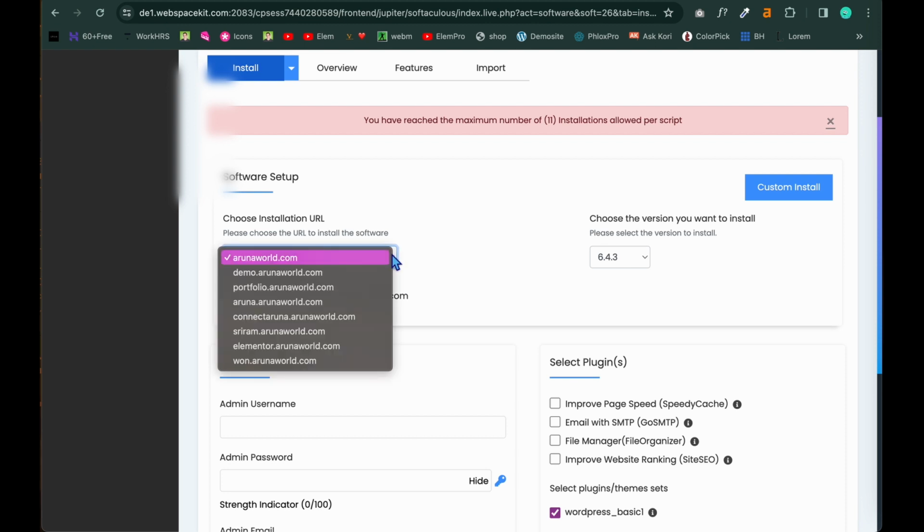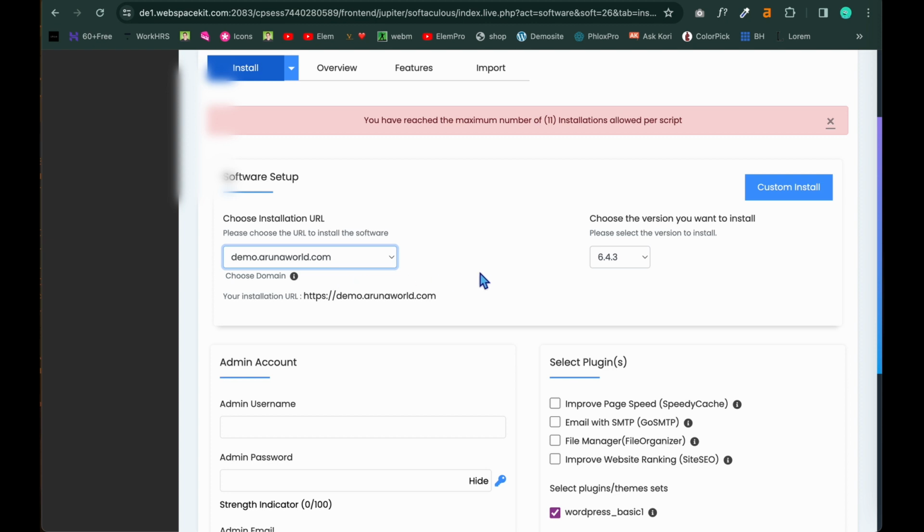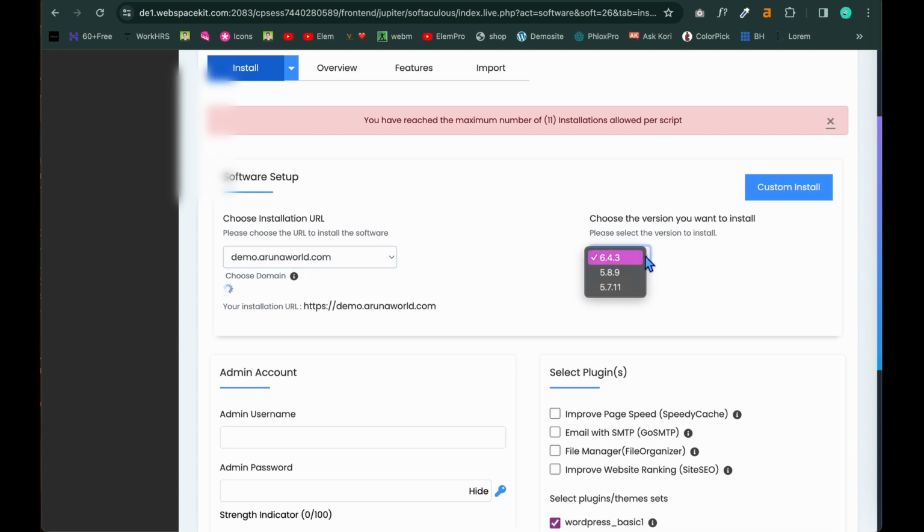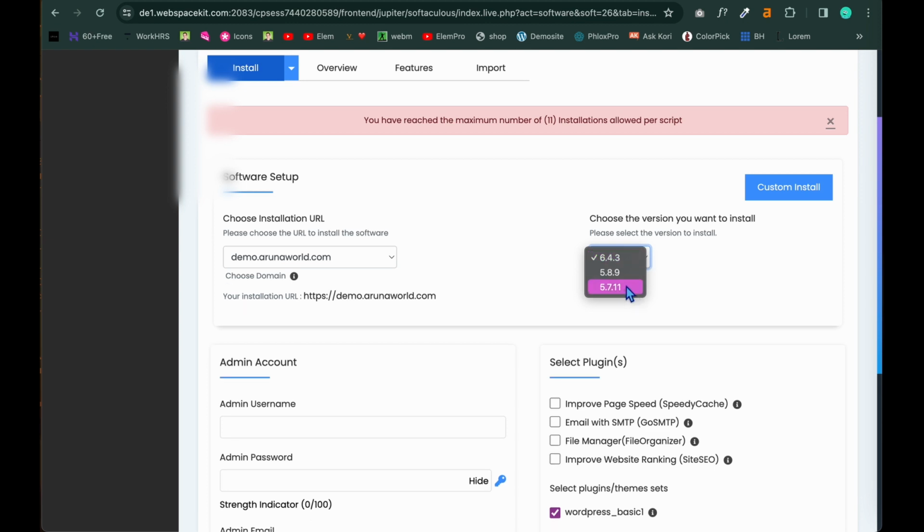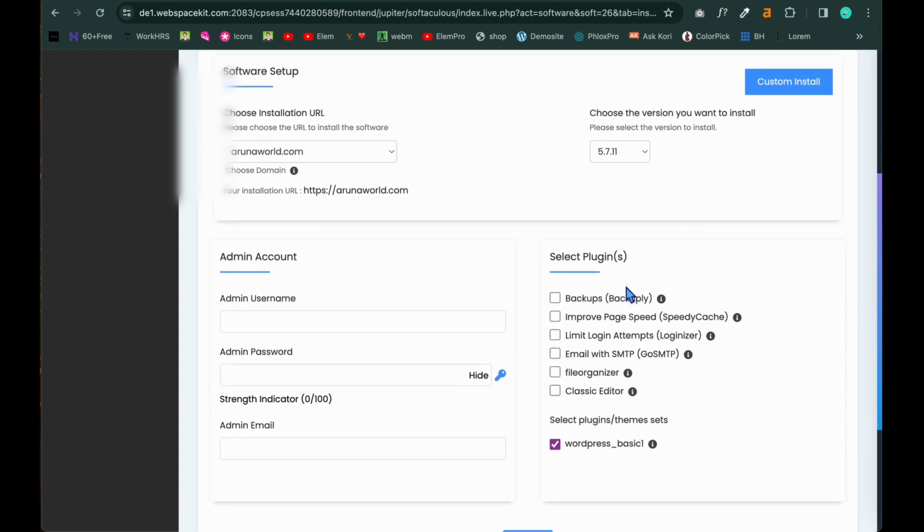Select the particular subdomain where you want to install WordPress. For that, here we have demo.arnaworld.com, which is already created. Click on that, and as I said, this is a special thing you have to do in Webspacekit, or else WordPress won't install. First you have to downgrade it to the 5.7 level,